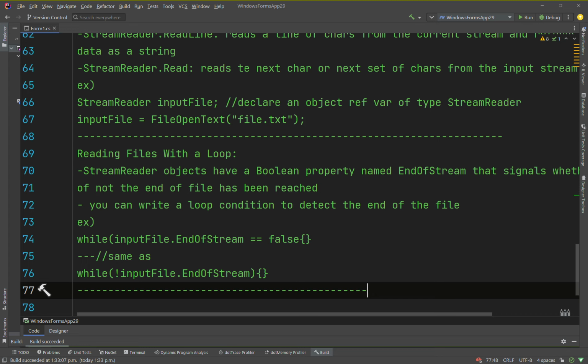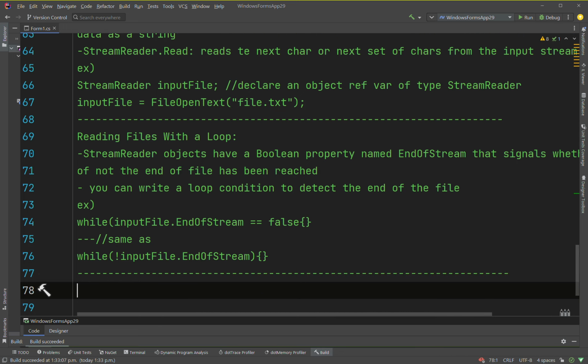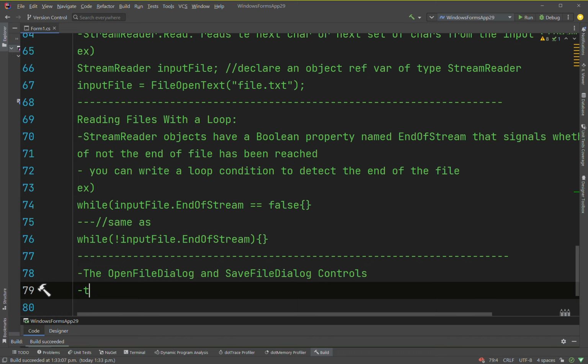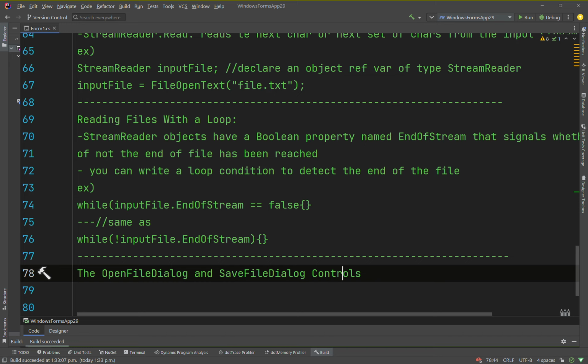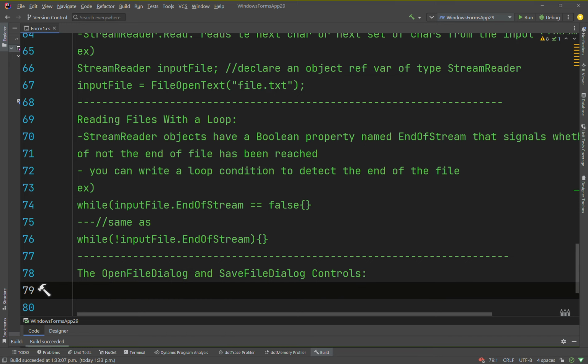I'll make some space here in my notes. The open file dialog and save file dialog controls. Actually, sorry, this should just be like this. So that's the title of the section of the notes, and then this will be a note. The open file dialog and save file dialog controls